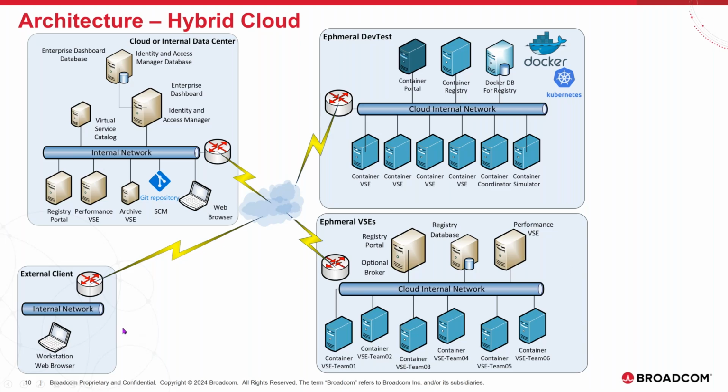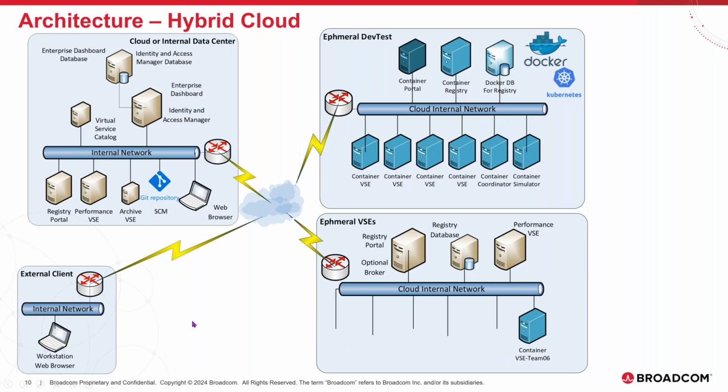So this is using a hybrid, because you can mix and match. You can have physical, virtual machines, and containers all work together. And then you can bring them down as needed. The only thing a broker is needed for is agent-based virtualization. So at this point, I'm going to turn it over to Uttam to talk about the